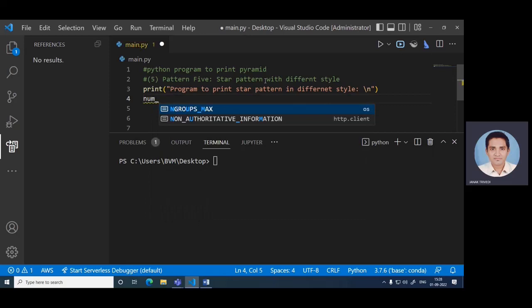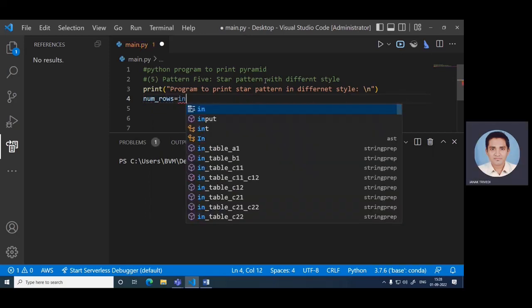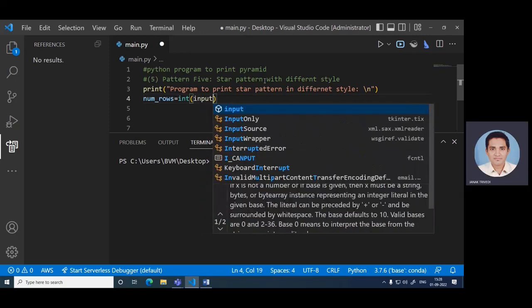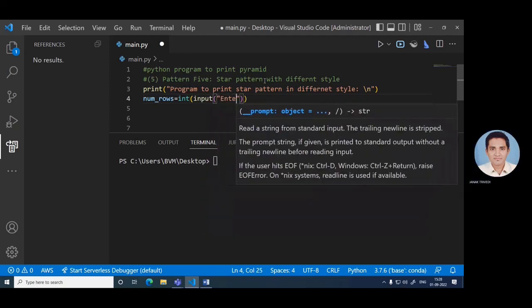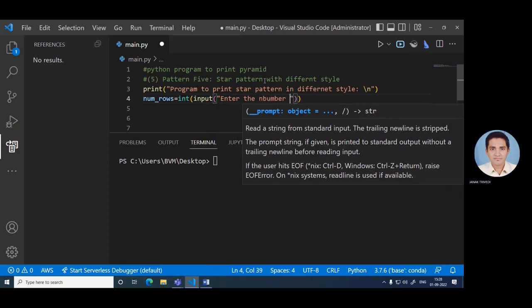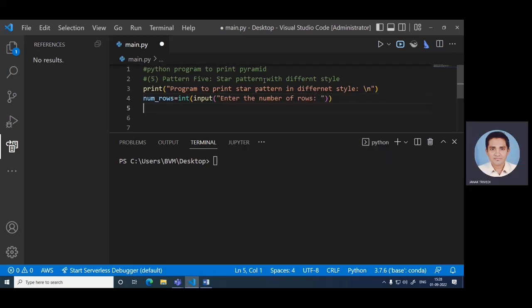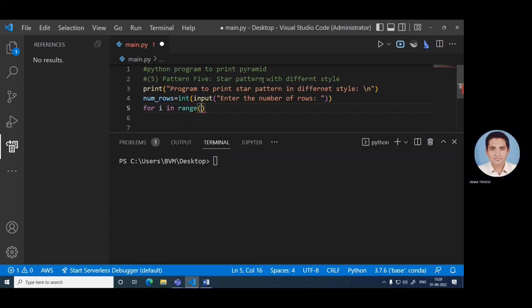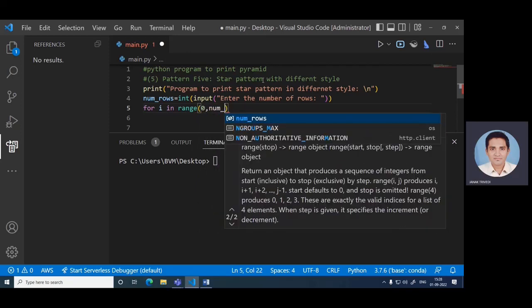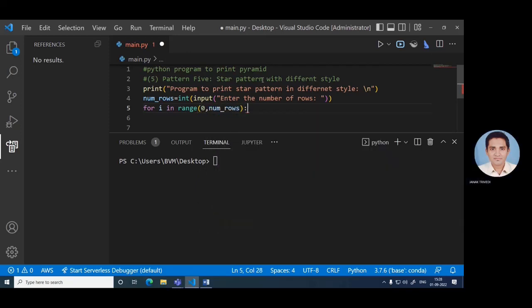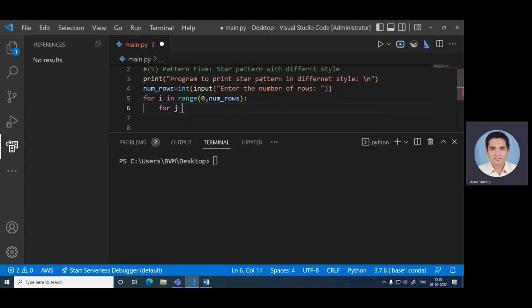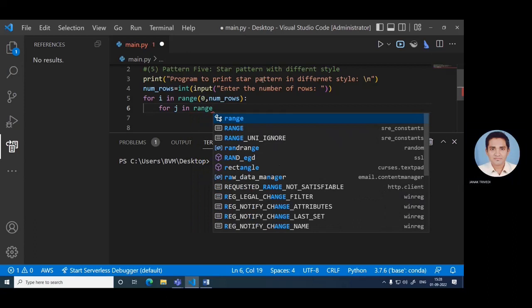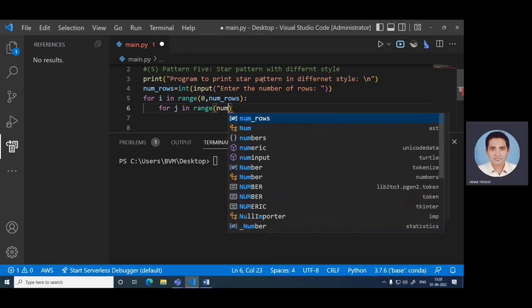So number of rows equal to integer input, enter the number of rows. For i in range from 0 to number of rows, and for j in range number of rows